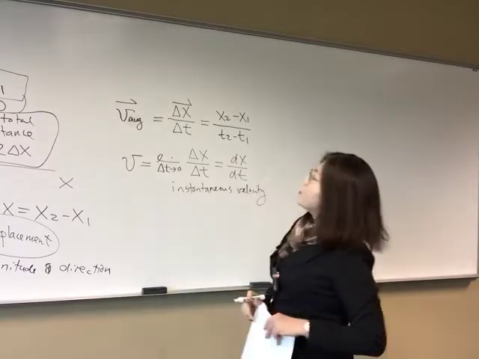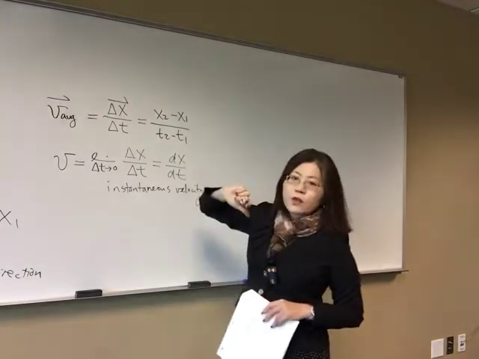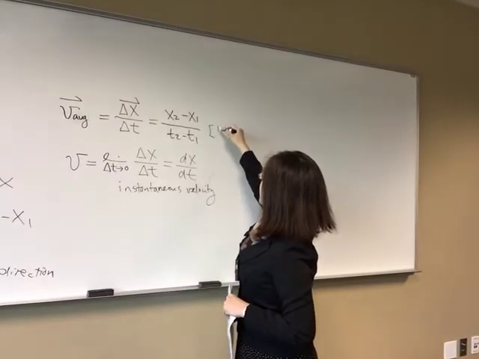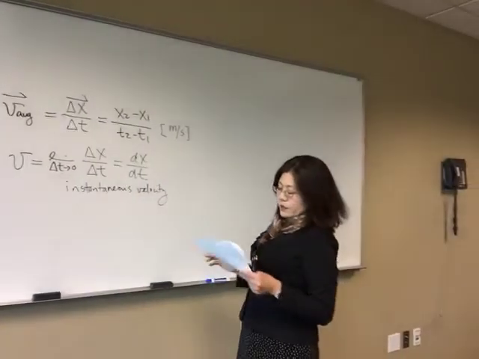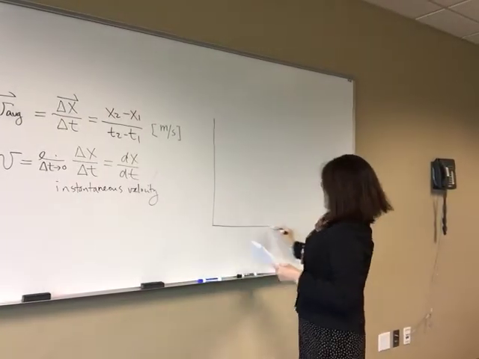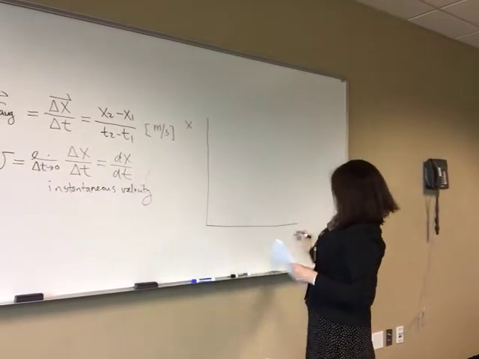And just by looking at this, we know that both the average velocity and instantaneous velocity have units of meters per second. These are the SI units, okay? So if we were to graph this, let's say you have the position and you have the time,